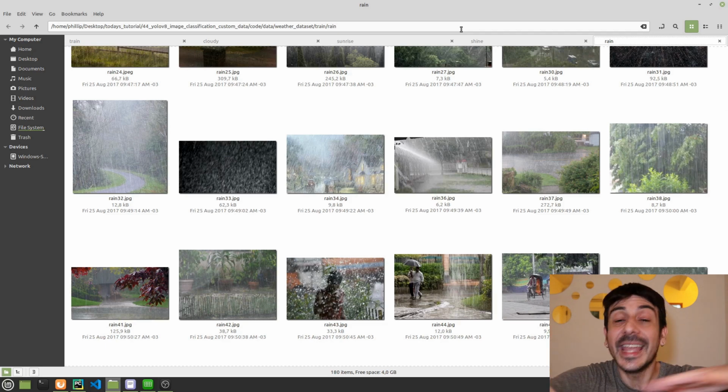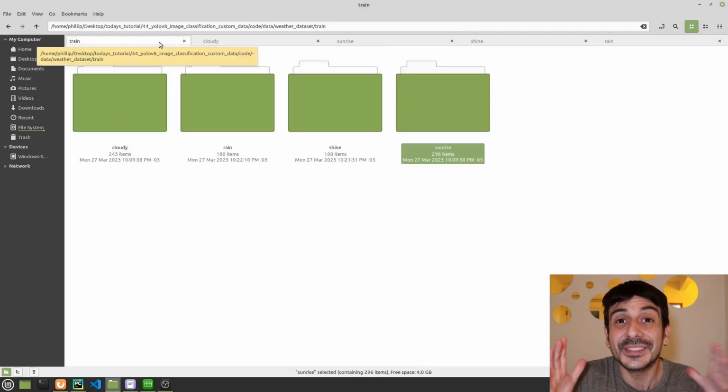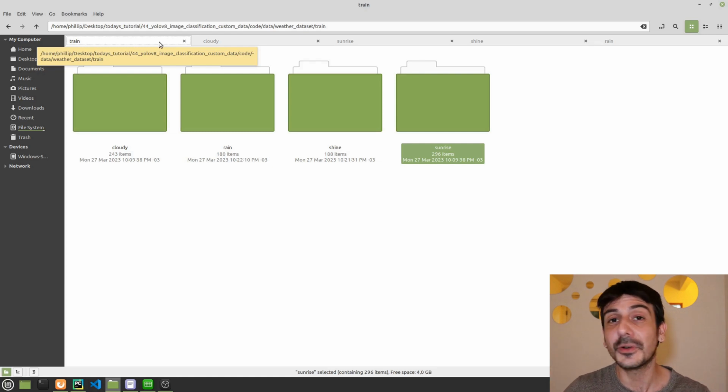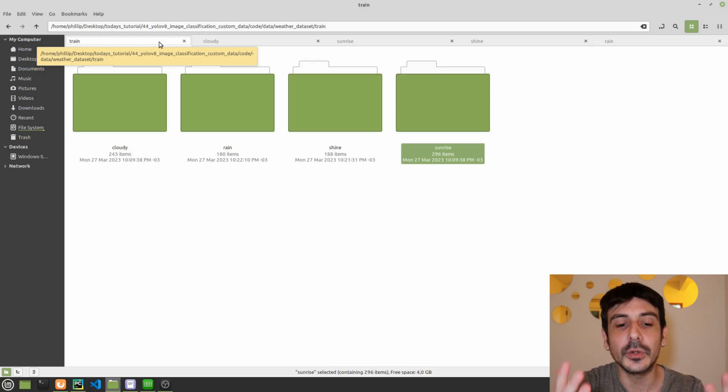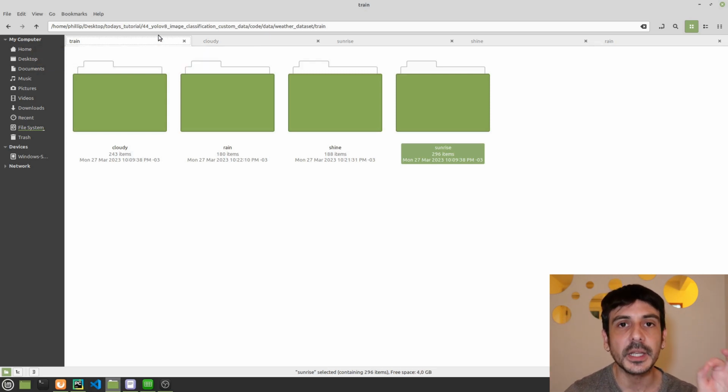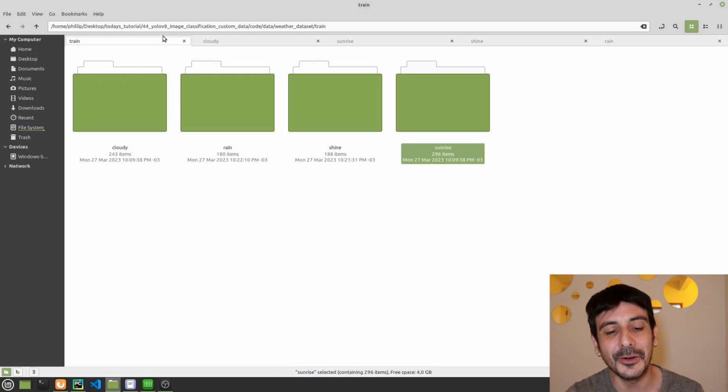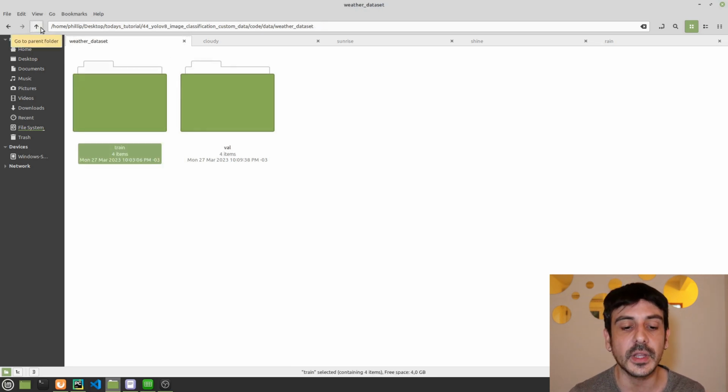You are going to be able to build any type of image classifier with everything I'm going to say in this tutorial. Now let me show you the structure you need for your data, because if you're going to train an image classifier or if you're going to use YOLO V8, yes, the data is super important, but you also need to structure, to give like a format to all of your data so it complies with the way YOLO V8 expects your data to be, right? YOLO V8 requires your data to be in a given format, in a given structure. So I'm going to show you exactly how to structure your file system so everything looks the way it should to train an image classifier using YOLO V8.